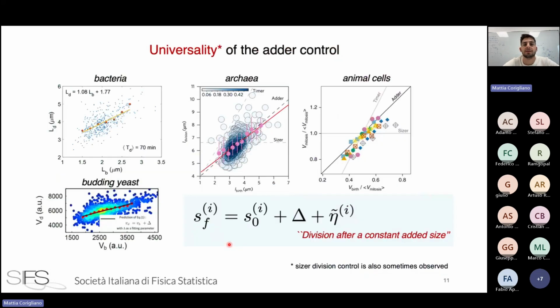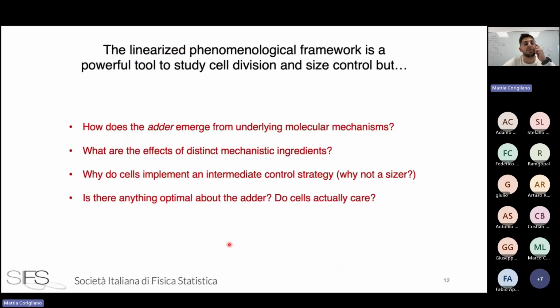And if you do this, you see a sort of universality of the adder control, despite what I told you, that the adder strategy is a sort of intermediate strategy. So you might think that cells want to control immediately, within just one cycle, the fluctuation they have, if the aim is to stay within a given target size, but this is not what is seen in nature. And this is one of the questions that one might want to understand better with a more microscopic theory, and we see a possible explanation of this phenomenon. And also,